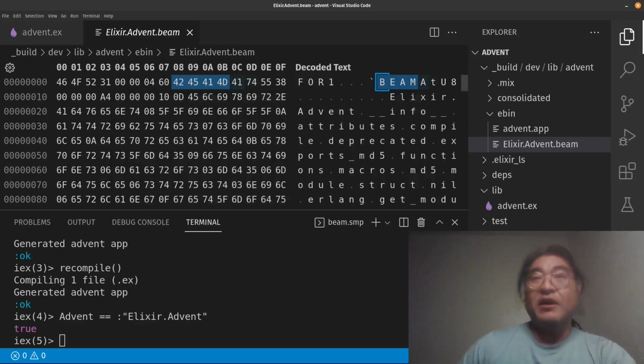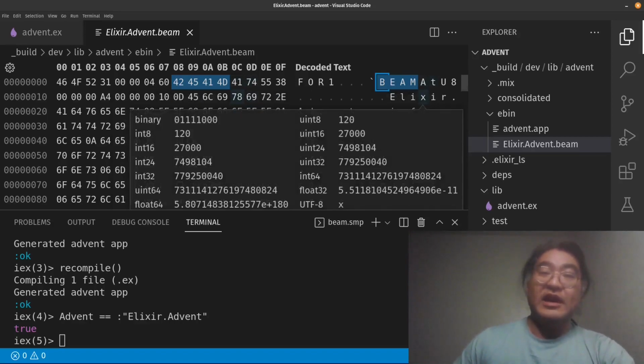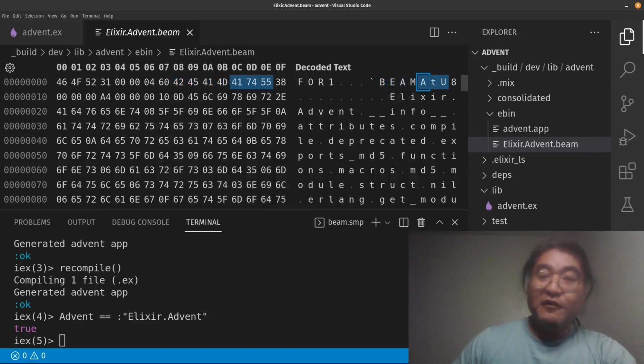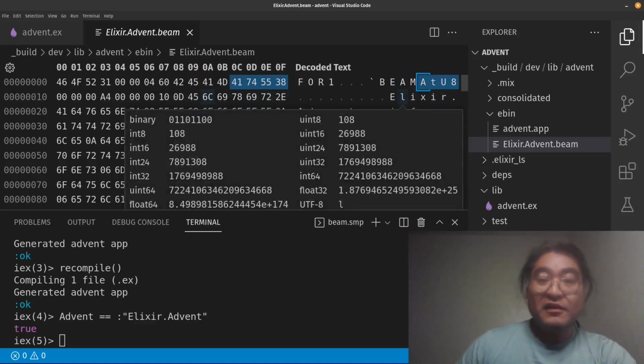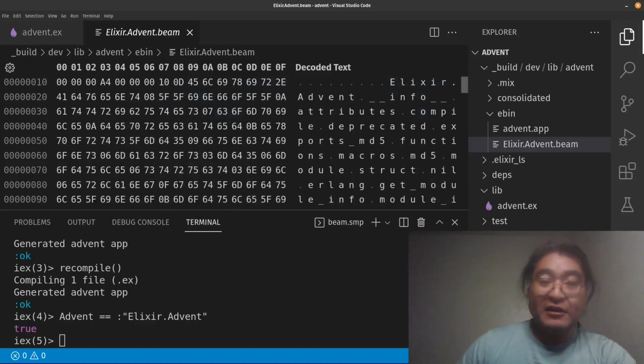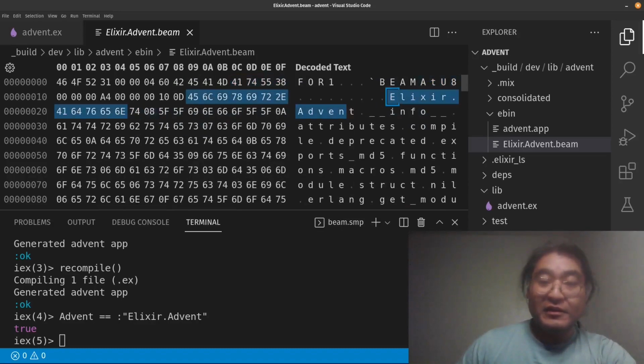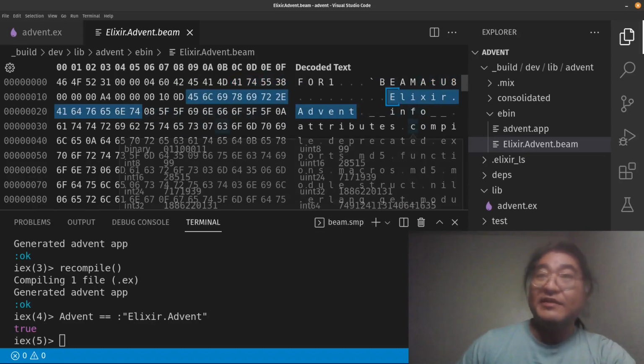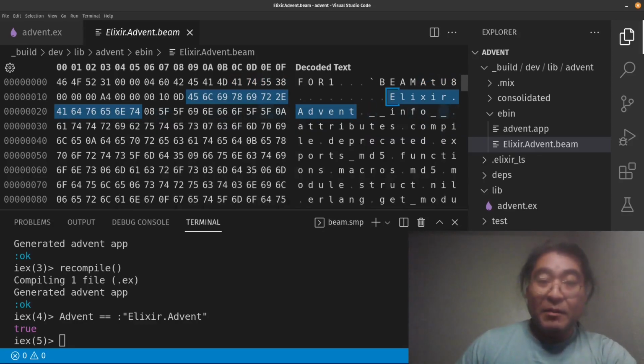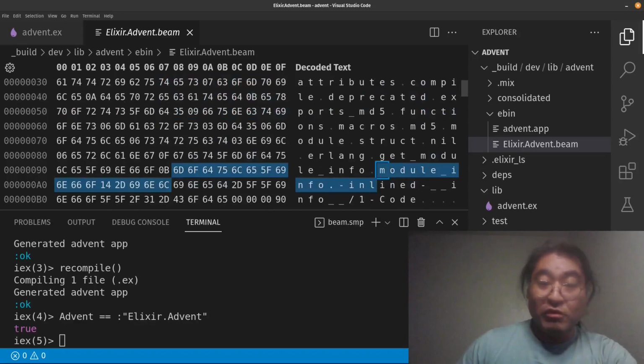Then there are certain parts where they have special magic characters that indicate the beginning of certain sections. For example, this ATU8 is a UTF-8 encoded atom section. And here you can see a bunch of UTF-8 encoded atoms. So elixir.advent, which is the name of the module, that's an atom. And we see a bunch of function names, __info__, and further down, module_info,